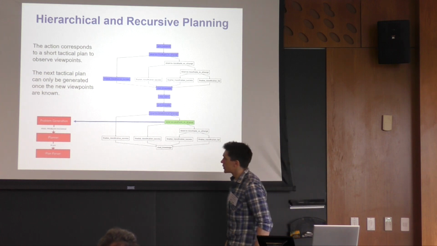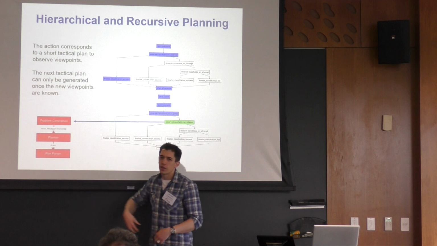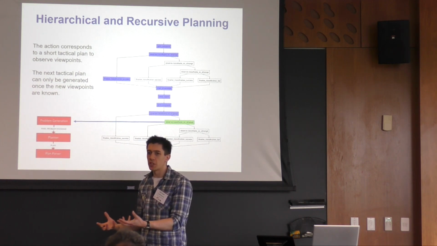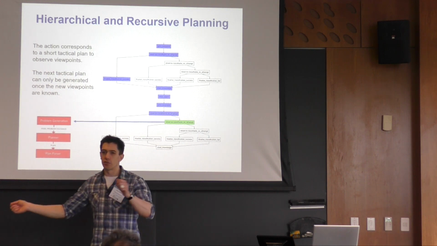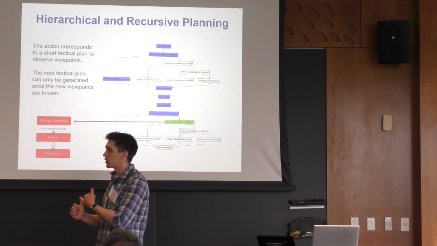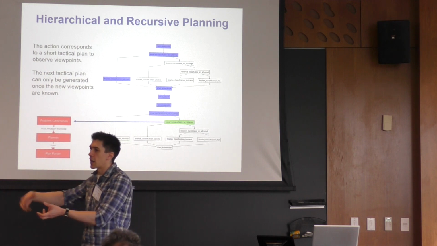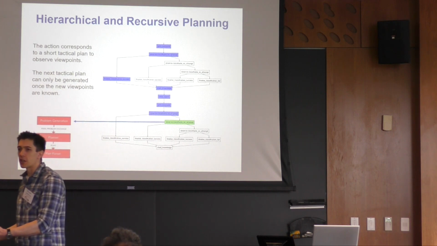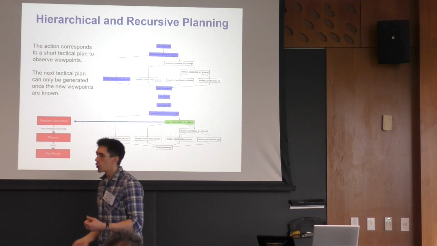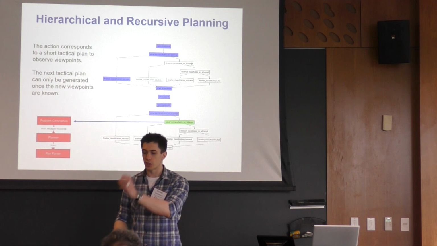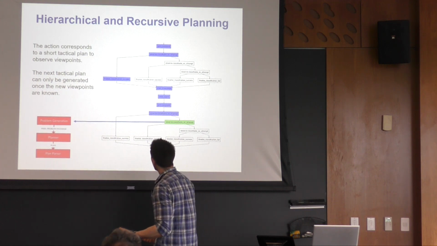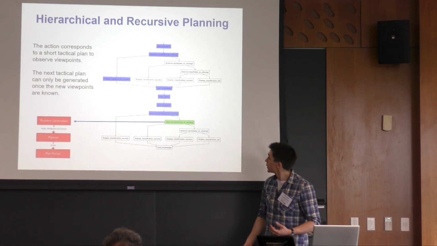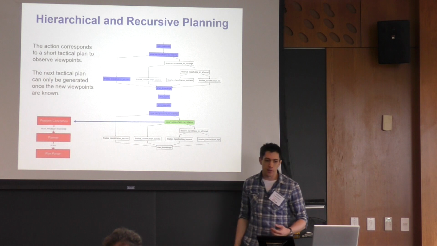And this is important because these plans might not be trivial. The identifying controller, the part that performs the inspection, doesn't really understand the rest of the room. It doesn't understand the navigation or the object collision. It just says this is the angle from which and distance from which you should view the object. This might mean that you have to push other objects out of the way in order to be able to make this inspection, or even pick up the object and move it away from some walls to some clear space before you can perform the action. So it's definitely a place where you need to do some planning, but you can't do the planning until you reach that point.